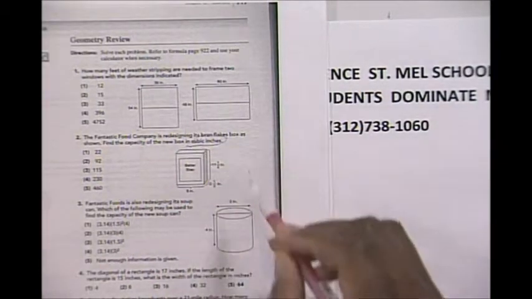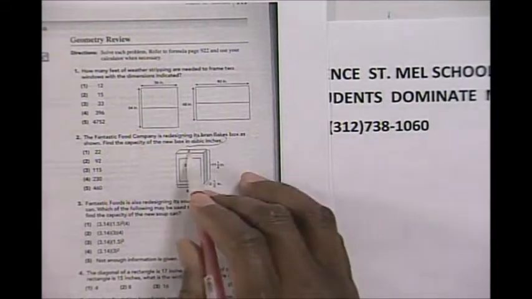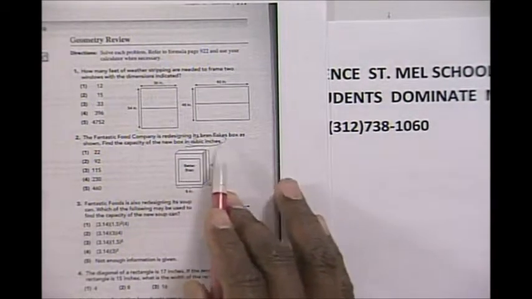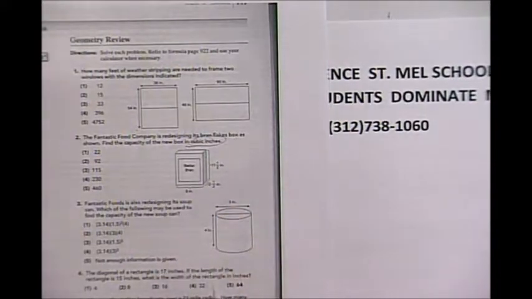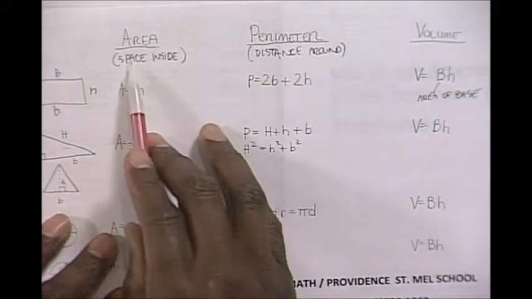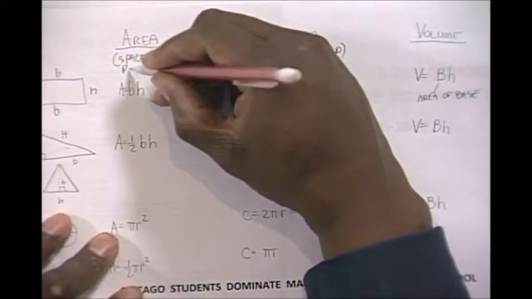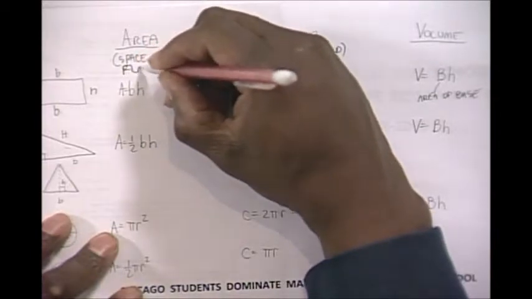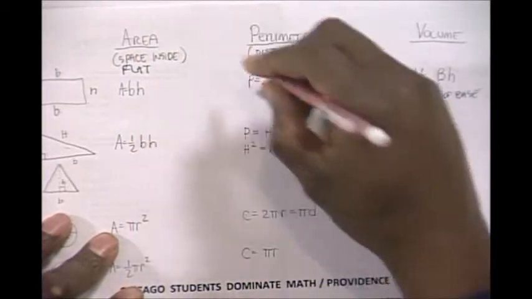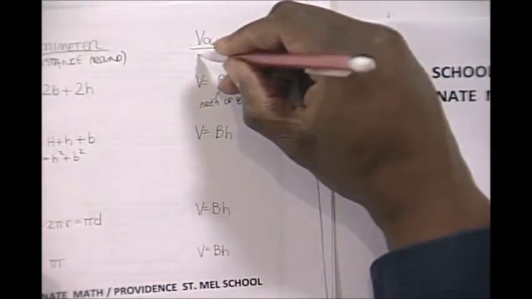Cubic units, as you do a little bit of studying, it says cubic inches. Cubic inches is a unit of volume. All right, so the company's redesigning the box. I should have done a better job of defining. I defined area as space inside. I should have said a flat surface, a 2-dimensional surface, and volume is the space inside